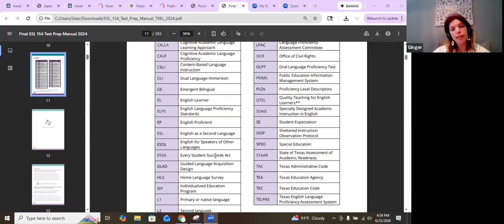ESL, English as a Second Language. ESL programs are one of 2 broad language programs implemented in Texas public schools to develop the language and academic proficiency of students who have been designated LEP,